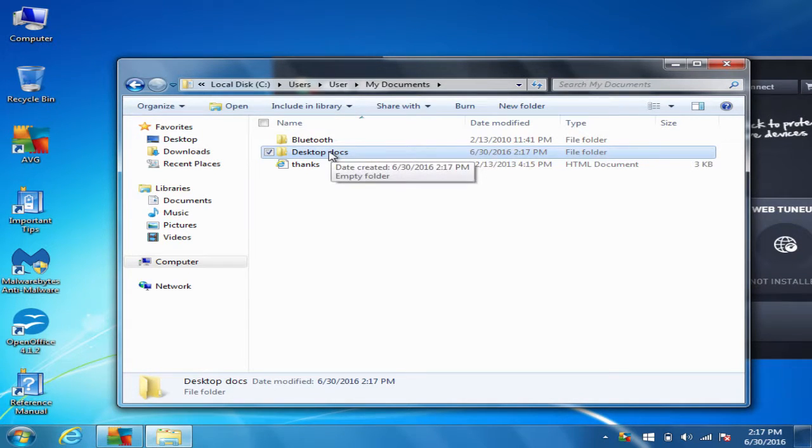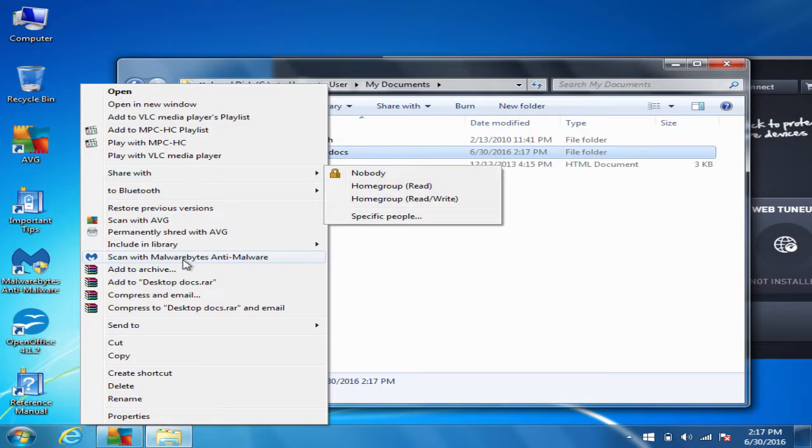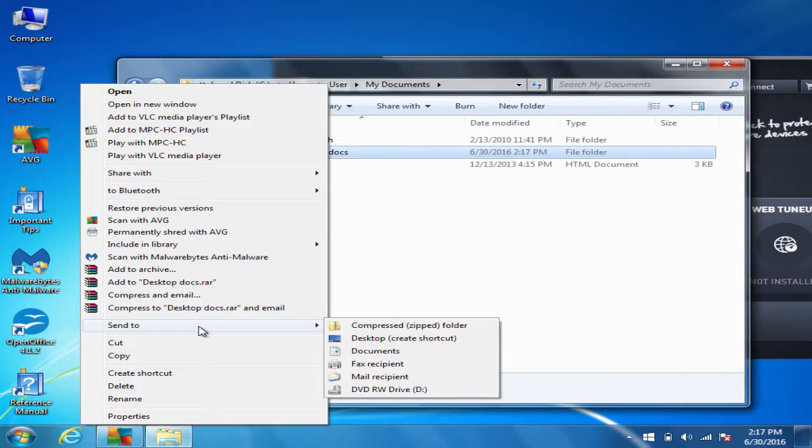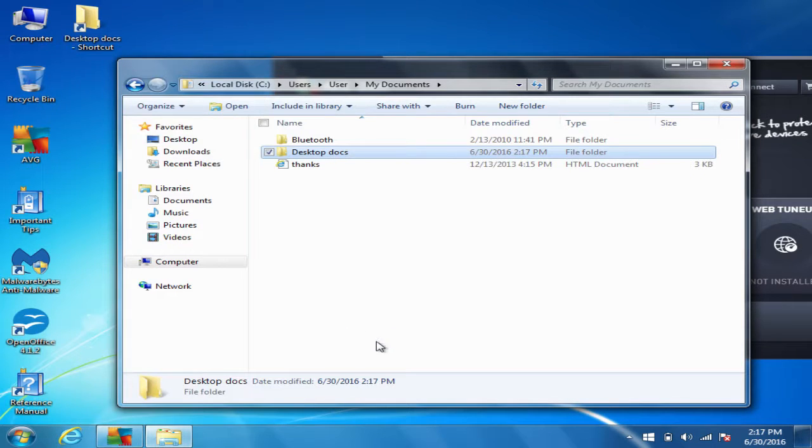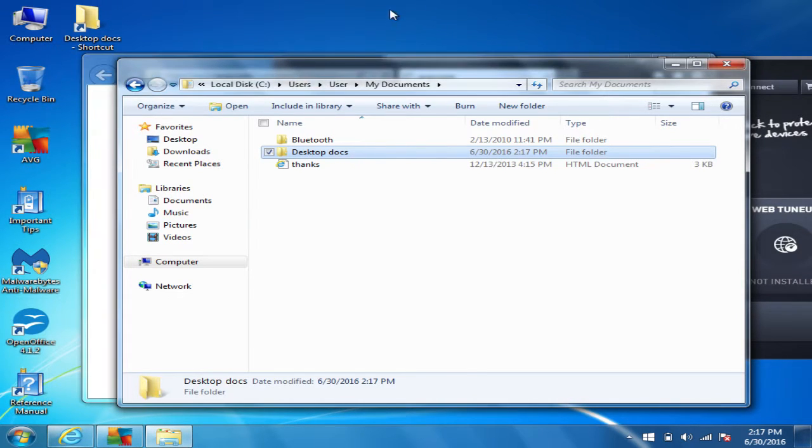Once you have the folder of the location you want to show up on your desktop, you can right click it, hover over send to, and click desktop, and it'll create a shortcut on the desktop, which you can see here. Then you can dump the files directly into that, and it won't store them directly on the desktop, which will save your computer a little bit of speed from having to have it loaded on the desktop at all times.